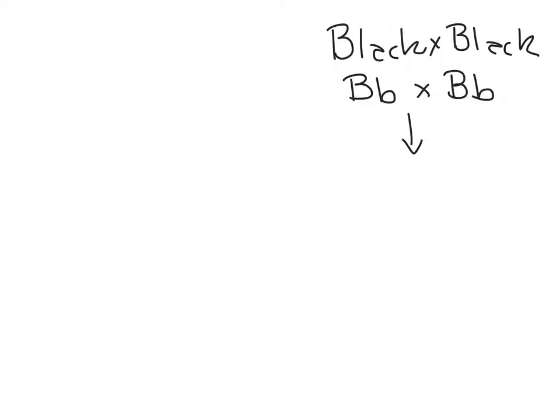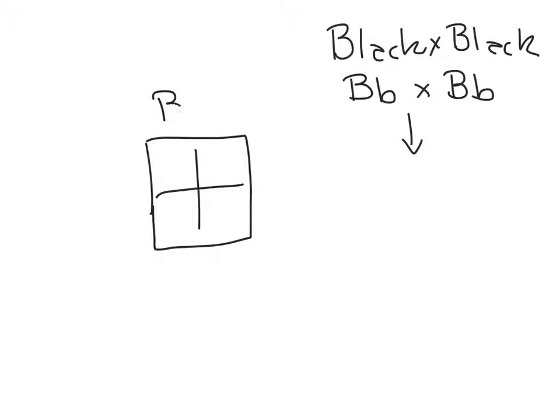So this is actually a heterozygous cross of 2 black mice. So I put one parent on top, big B, small b, the other parent on the side, top comes down, side moves over,